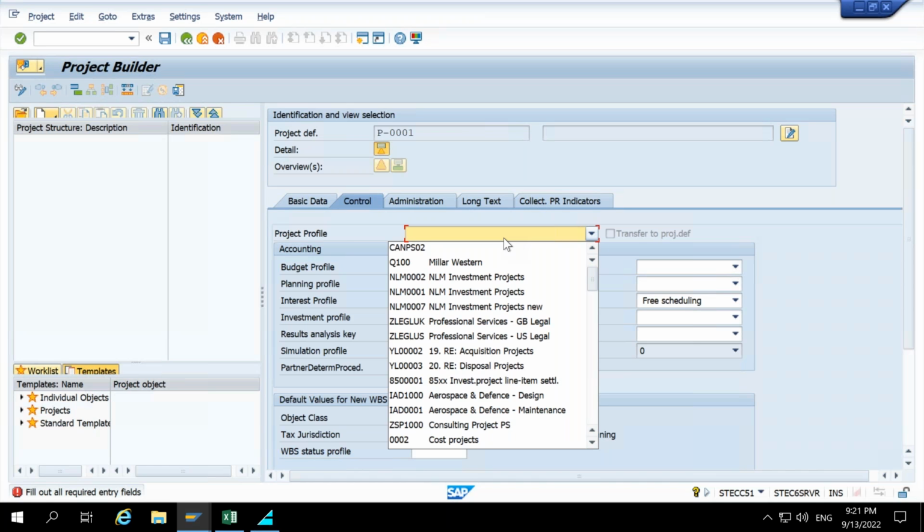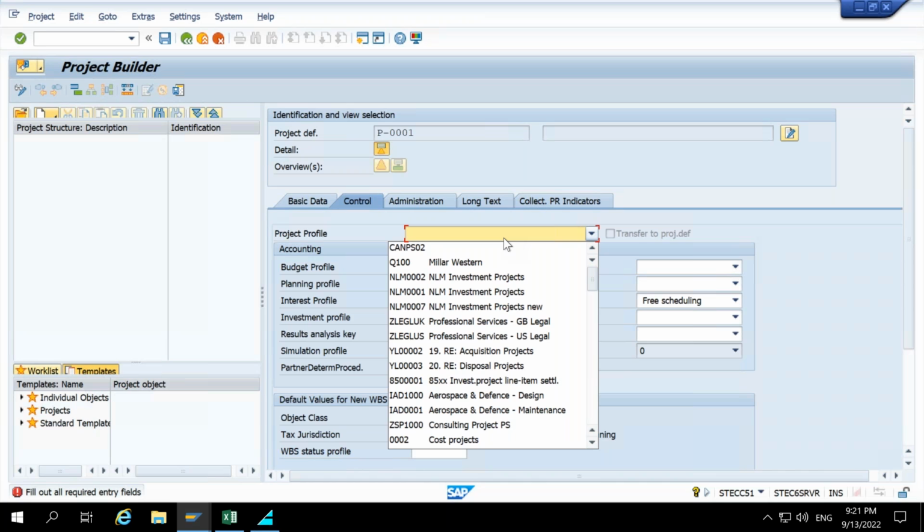So without project profile there is no project. You can consider it as the backbone of the entire PS module, or the backbone of any PS project. Not everything, but most of the things are linked with your project profile. So your default configuration, your default project behavior, your default settings, all these things come under your project profile. The project profile is one of the biggest configurations in the PS module, which consists of mostly everything, like how your